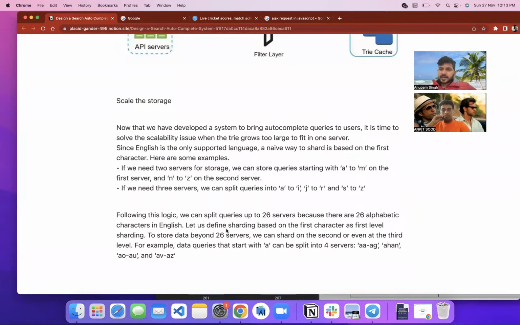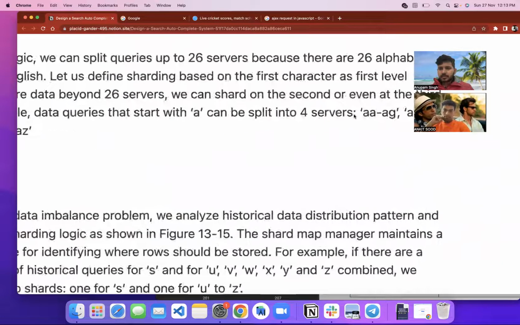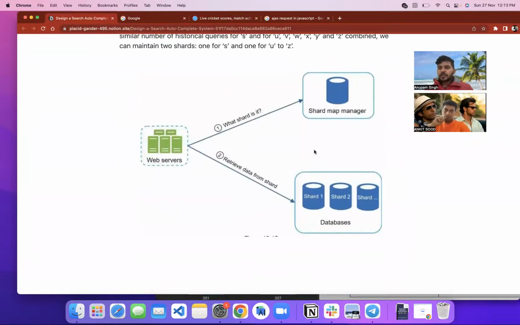We simply keep dividing based upon what people are searching more. And this is very trivial, right? You can have book A to Z, A G, random. It can be split into any random thing because people are searching for it. Correct. And now you need to have a shard mapper because you have divided your database into so